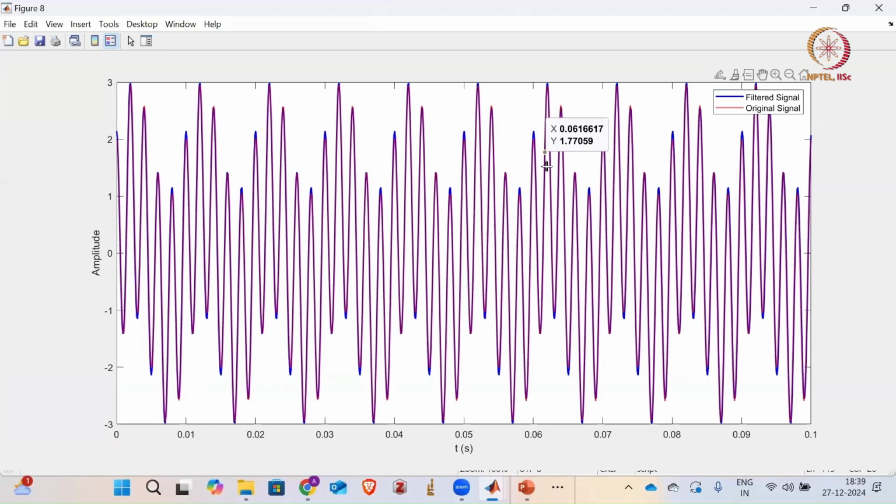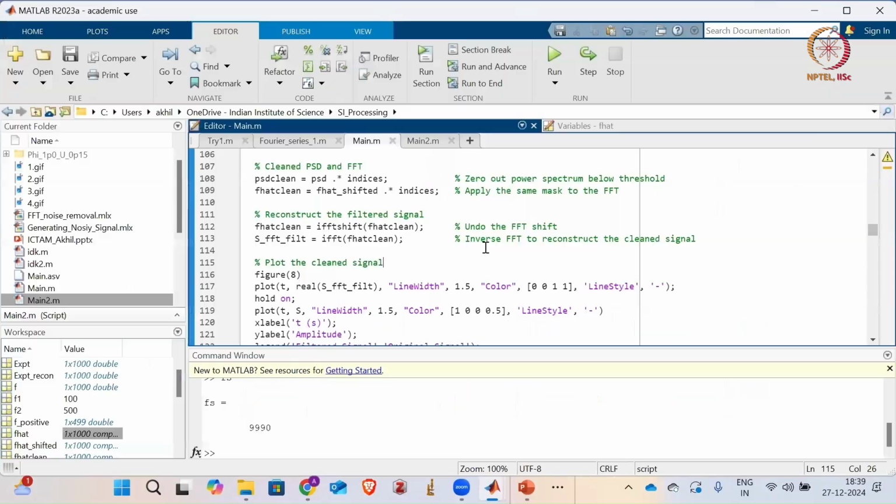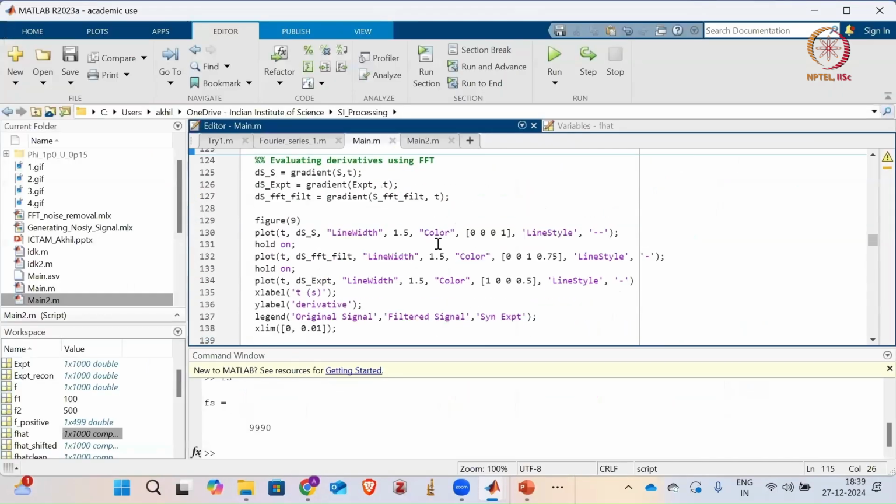Using FFT, we have basically filtered out noise from the signal pretty effectively. And this becomes specifically handy when we are estimating the derivatives. In most of our applications, estimating the derivatives of the data signal becomes very important. For example, if we are tracking, say, the position of a flame inside the channel, the flame is continuously moving